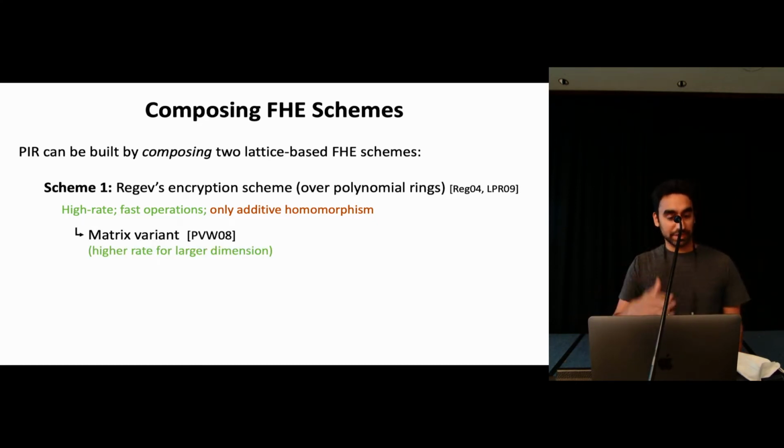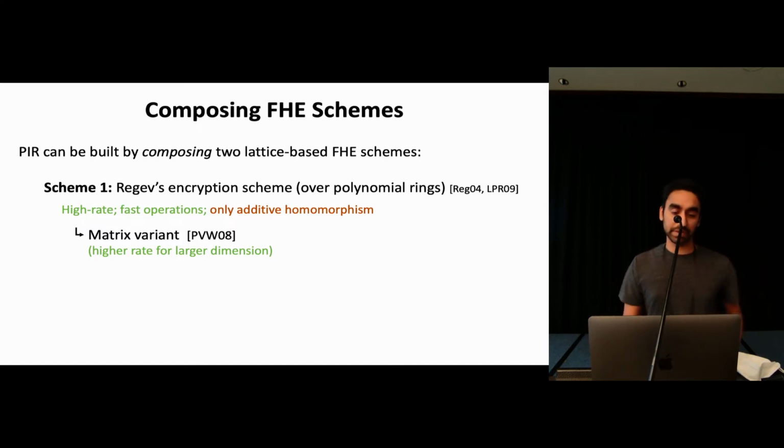And it comes in a matrix variant, which is also called PVW. And the thing I'll call out about the matrix variant of this scheme is that the rate is much higher than for the scalar variant. And the rate is higher the larger the matrices that we encrypt. So this matrix variant lets us encrypt matrices, and the bigger the matrices we encrypt, the higher the rate of